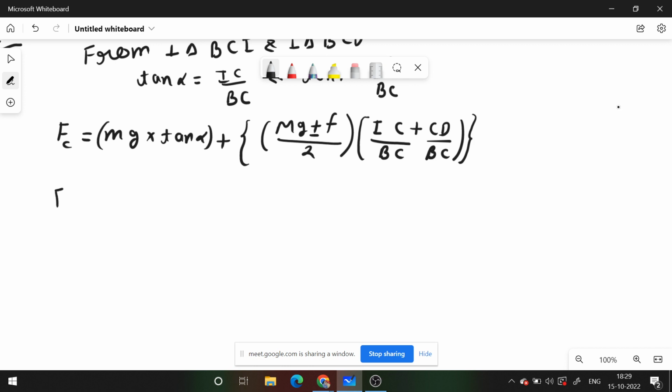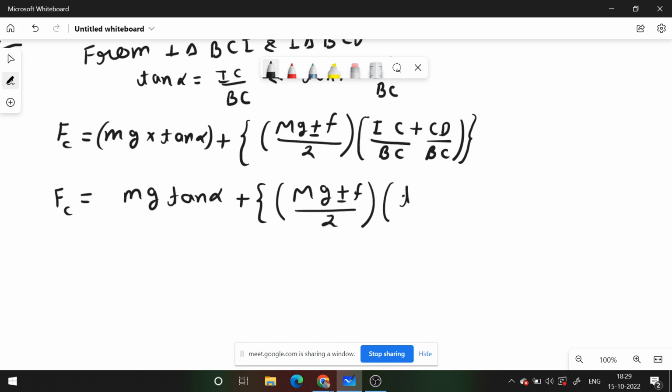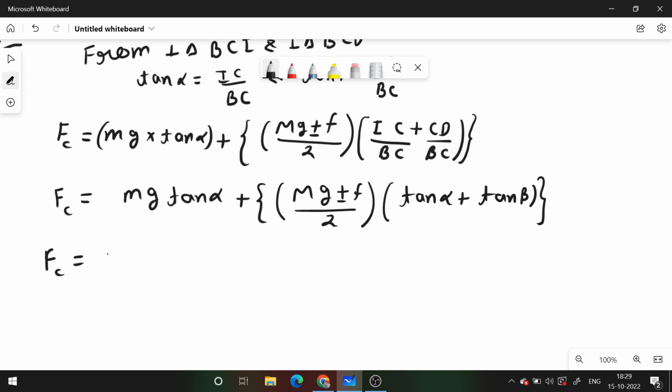So from here FC will be equal to mg tan alpha plus mg plus minus f by 2, where IC upon BC is tan alpha and CD upon BC is tan beta. Now FC equal to mg tan alpha,